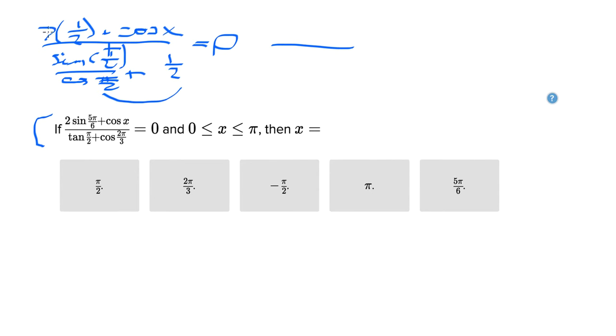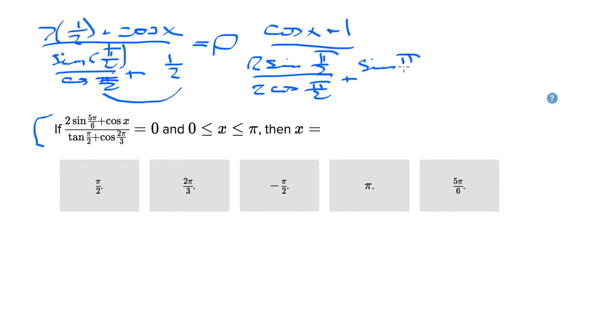So up here we've canceled out, 2 times 1/2 is just going to be 1. So this is going to be the cosine of x plus 1 over now 2 sine of pi over 2 over 2 cosine of pi over 2, plus sine of pi over 2 over 2 cosine of pi over 2. So now that we've got the same denominator on both of these sides,